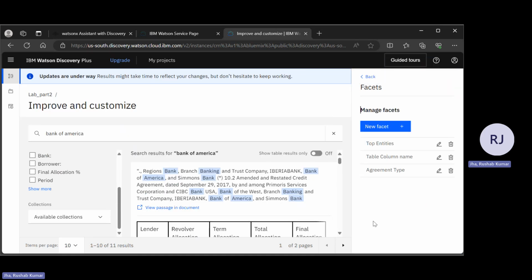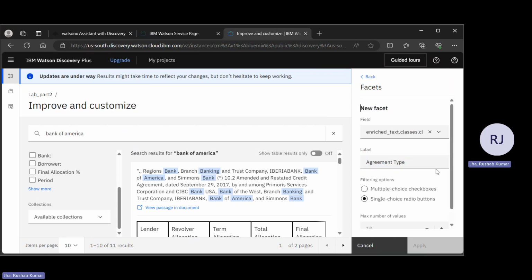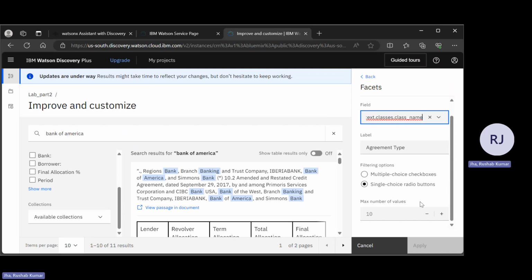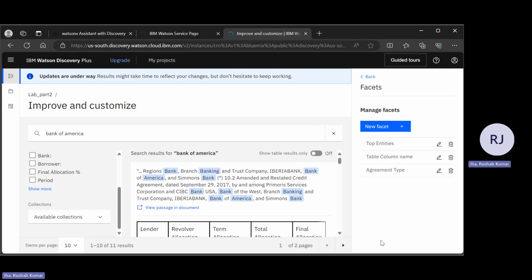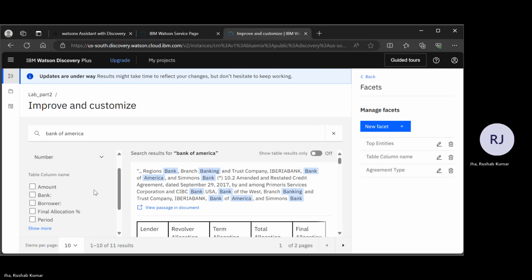I'll click on cancel because I'd already saved that before. I had chosen the option where we were able to find the class name and then click on single choice radio button, so that there is an option to select only one of the options and not both, because in this case we don't want to view all the documents together.